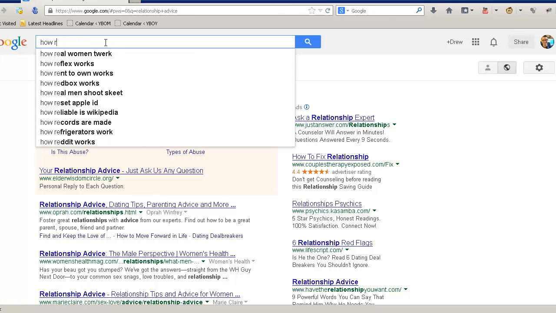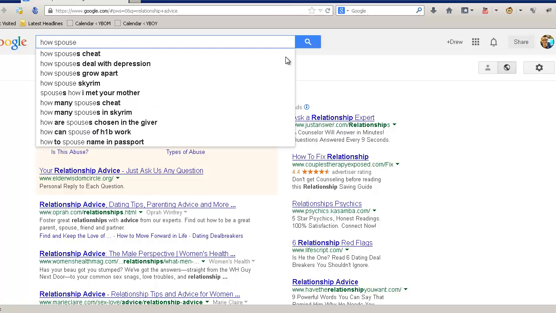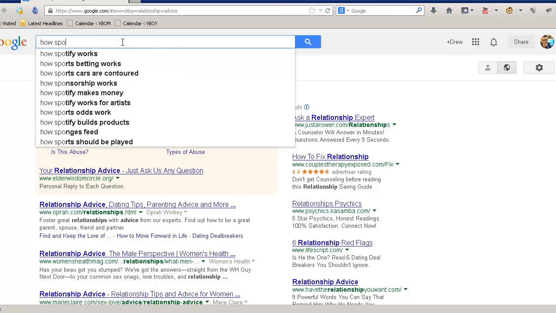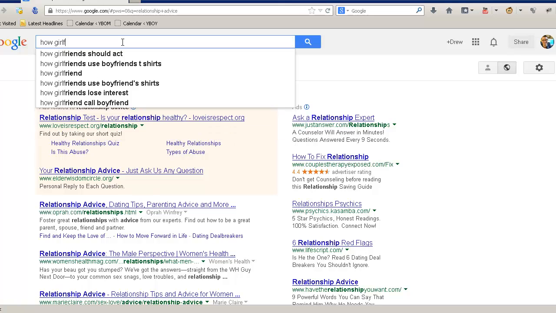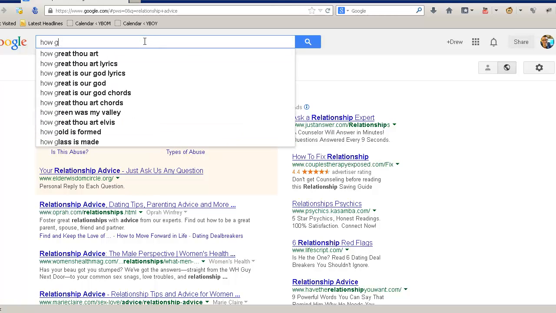Let's try this. How spouse. How spouses cheat. Tons of ideas. Or how about girlfriend? There we go. A bunch of questions that people are asking, how girlfriends should act. Same with boyfriends. Type in whatever you know, your industry. So type in the keywords that come to mind. You know, and you probably have a bunch of people asking frequently asked questions coming at you,